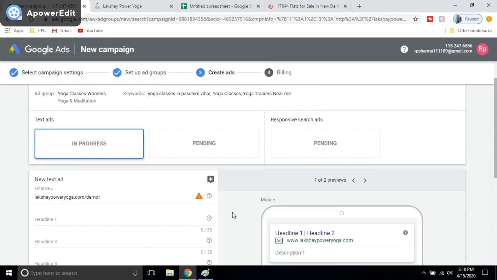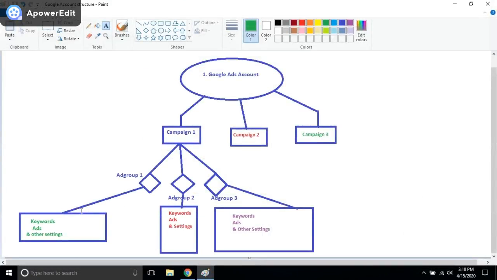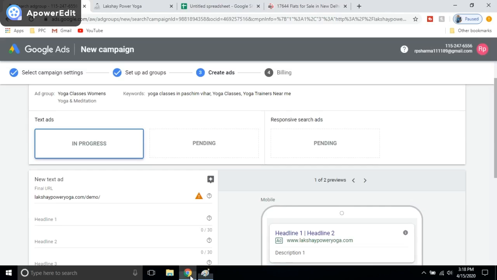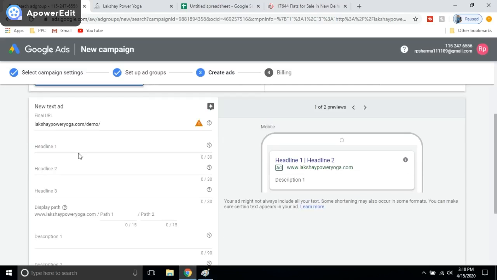Here is the next step, the fourth step in the hierarchy, to create ads. Earlier we created keywords, now we will create ads. I have already created an ad for this campaign, so let's quickly copy and paste.